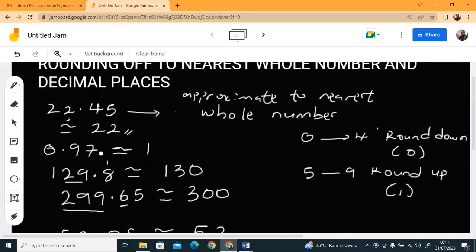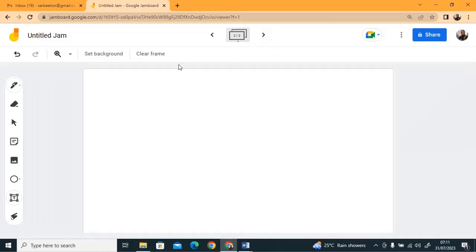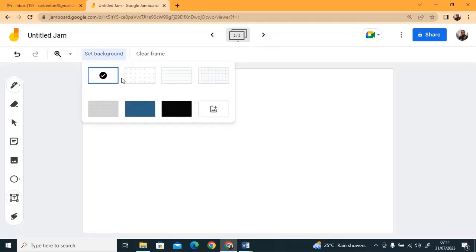Now let's assume they ask you to round off a number to decimal places. Now this is where it gets funky. Now, to decimal places,